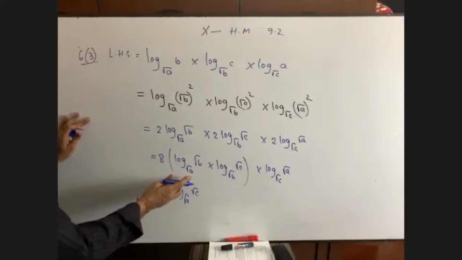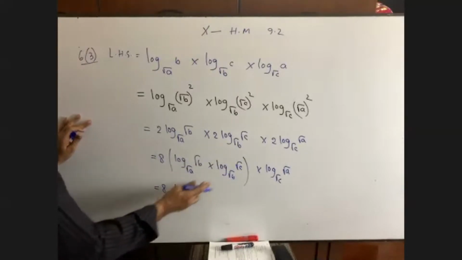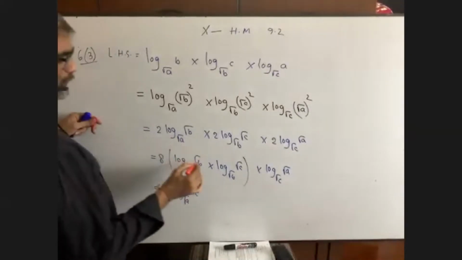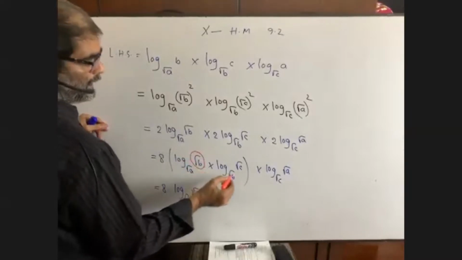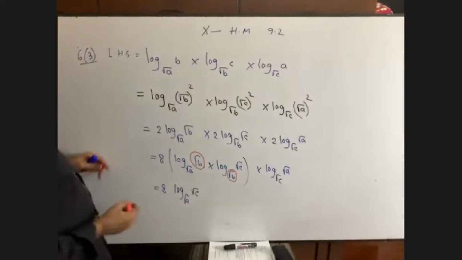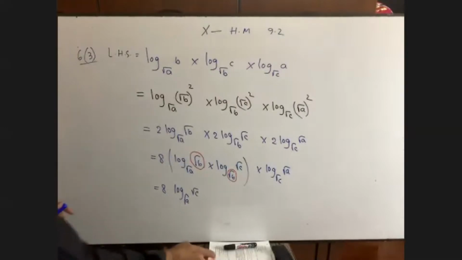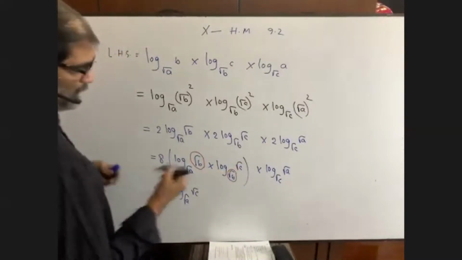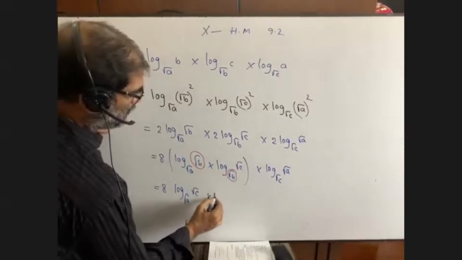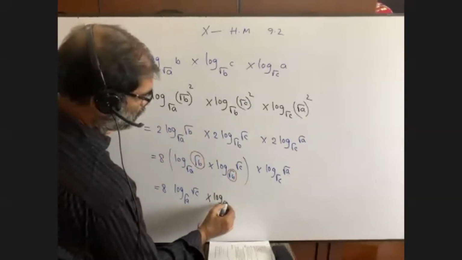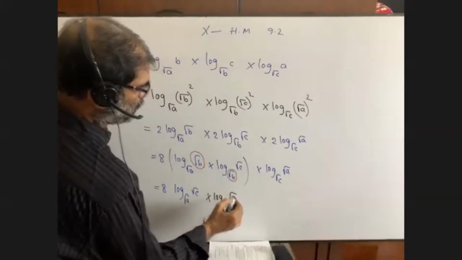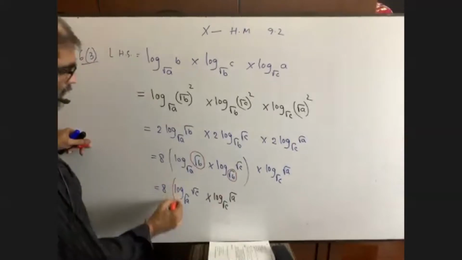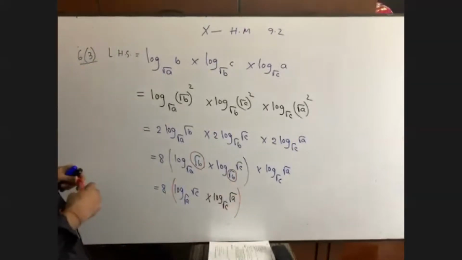So we will be left with this root A and this root C. Base root A and here root C. This root B, you see, I'm going to mark it. This root B and here this root B are same. So those will be omitted and we'll be left with root A, root C. And here we are getting, you see, log root C root A. Okay, now it can be in this way, the first bracket.